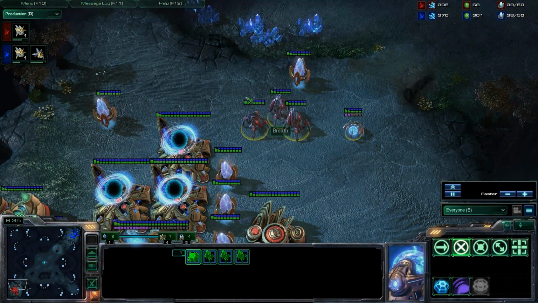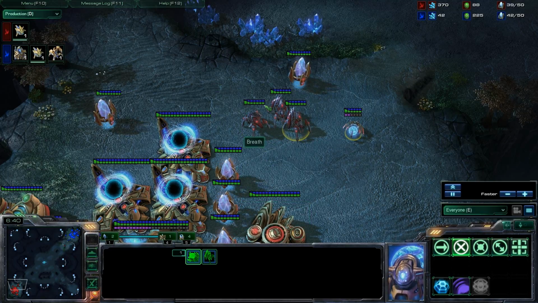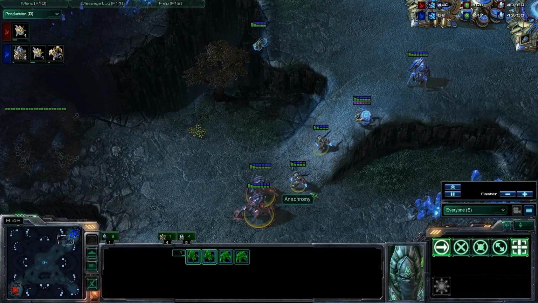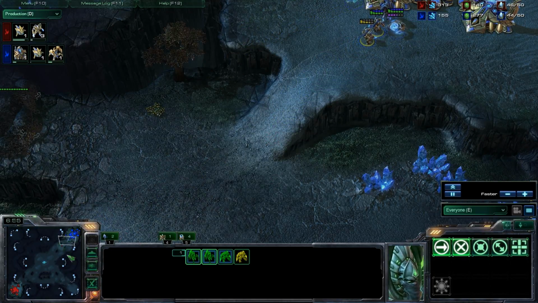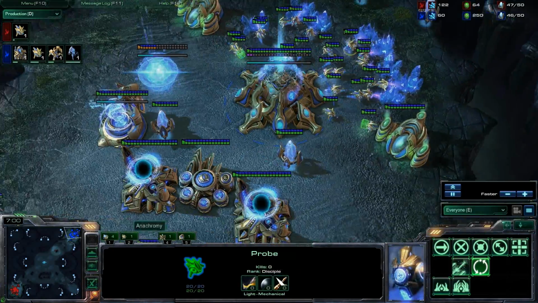Especially this early in the game. But they are pretty mineral heavy though. I don't know, we'll see. Breath hasn't gotten any zealots out yet, but Anachromy has gotten a couple. Is he... Oh no, those are Breath's Stalkers. Breath's just poking in here to Anachromy, see if he can get a good scout off on his opponent